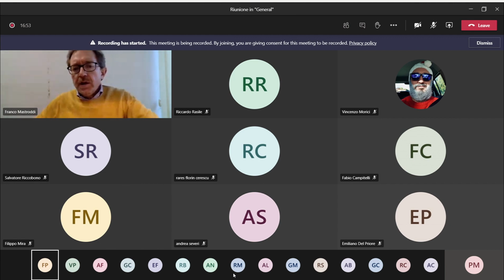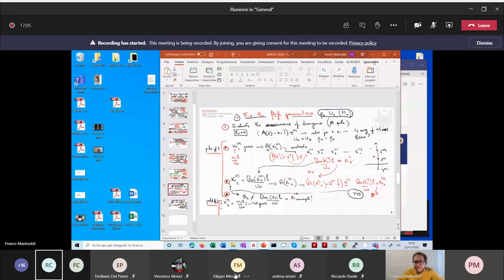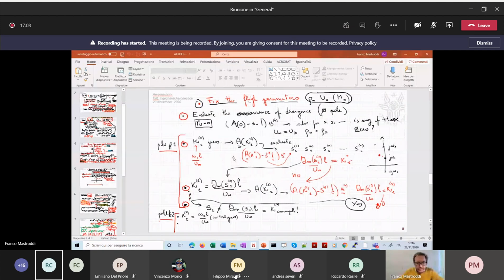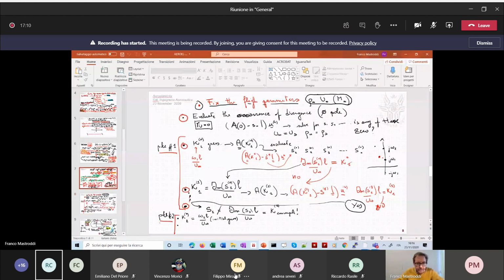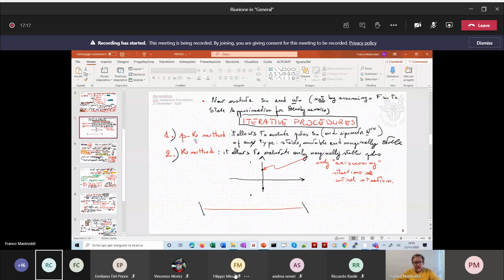And initially we studied as a first methodology the PK method, like here. And today we essentially consider this couple of methods, the PK method, and the second one, the K method. And we started last time